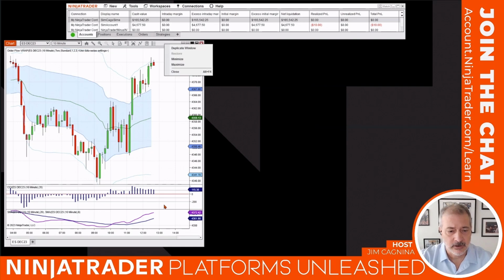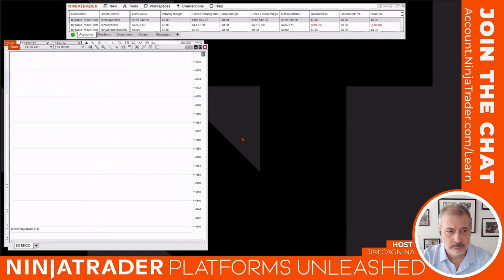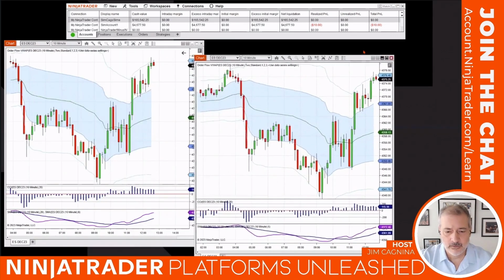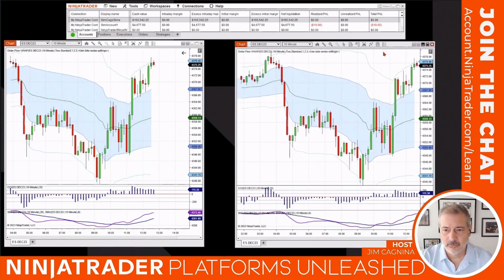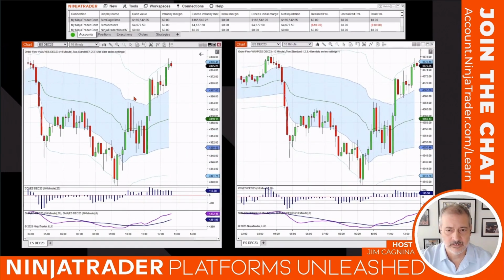Well, here we could duplicate the window. Again, you right click on the borders and stuff happens. So right click and you could duplicate the window, and it's going to duplicate that window for me. And I have two of the same charts, right? I have two E-mini S&Ps side by side. Everything's the same. All I need to do is go up here and change